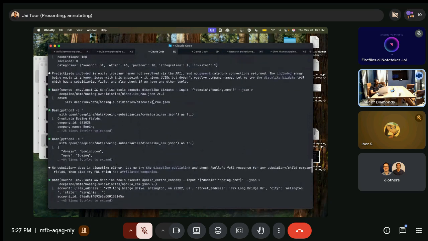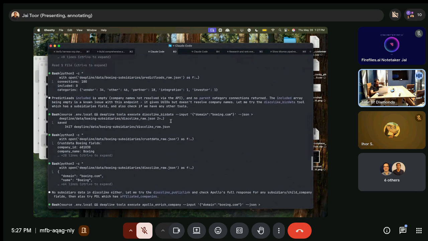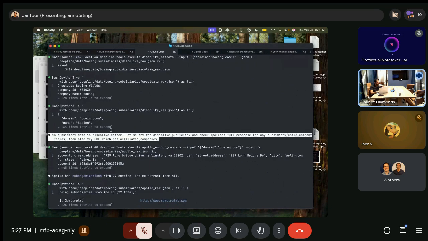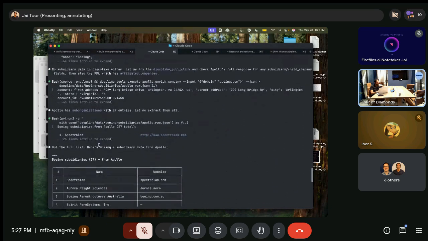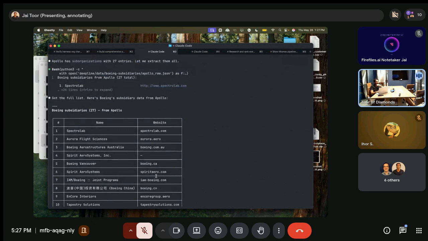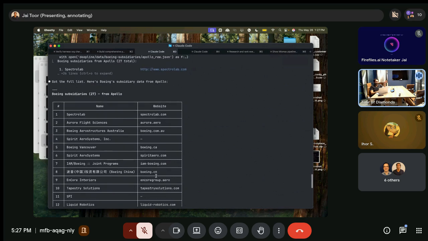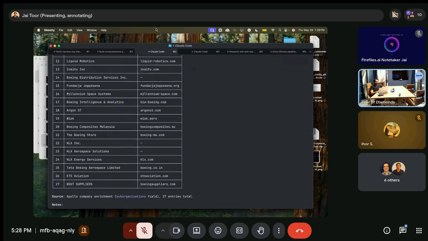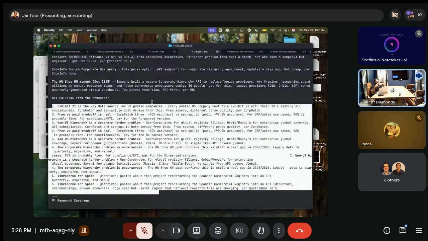So it tried Predict Leads, Disco-like, and didn't find information there. And then Apollo did return. So it tried 3 different endpoints and got the best results from Apollo. So that is what it's going to recommend going forward. But you can essentially combine these two and say, well, we already have all this free public data. Let's prioritize that and then use Apollo or something paid to fill in the gaps.